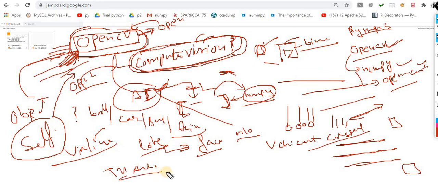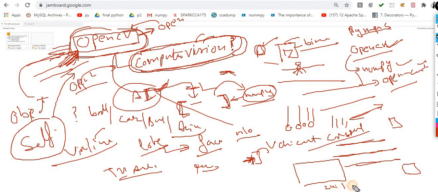Then TV advertisement recognition, where you recognize which product an advertisement is based on. For example, in your video you want to recognize how many times the hero came into the frame. Let's suppose your requirement is this one, in an entire video that is, say, 2 minutes or 2 hours long.